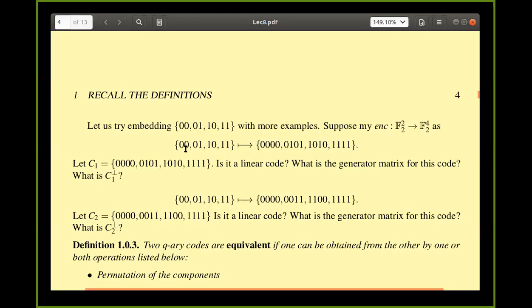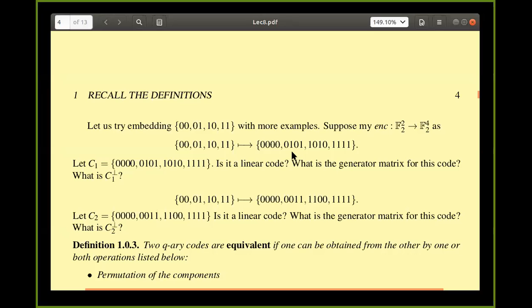But what is happening in this first one? You see 0, 0, 0, 0 repeated twice. 0, 1 I repeated twice, right? 1, 0 repeated twice. 1, 1 repeated twice. Whereas here, can you see some sort of that approach? Here 0 is repeated twice, this first bit. Second bit is repeated twice. So here 0 is repeated twice. 1 is repeated twice, right? So like that.